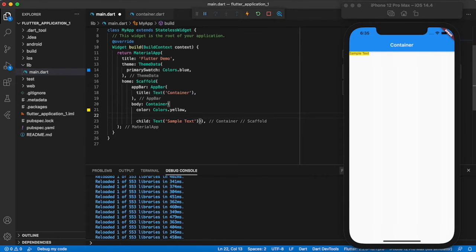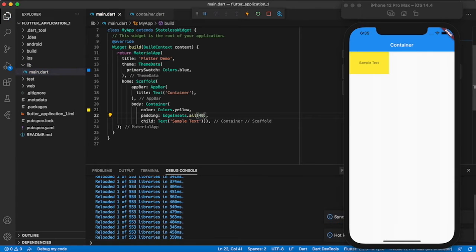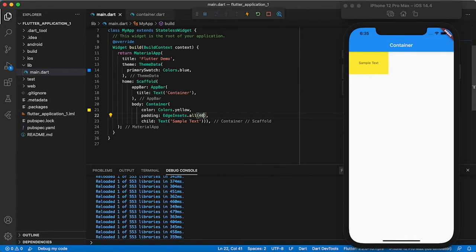Next I am giving the padding. Apply padding for the child widget. Using EdgeInsets.all, we can apply padding to all sides of the widget. Instead of that, we can use only.